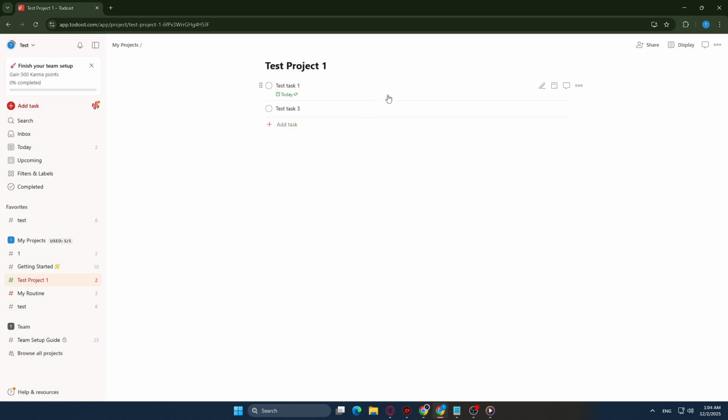From here, you can start adding new tasks with clear priorities and due dates, confident you're building on a clean